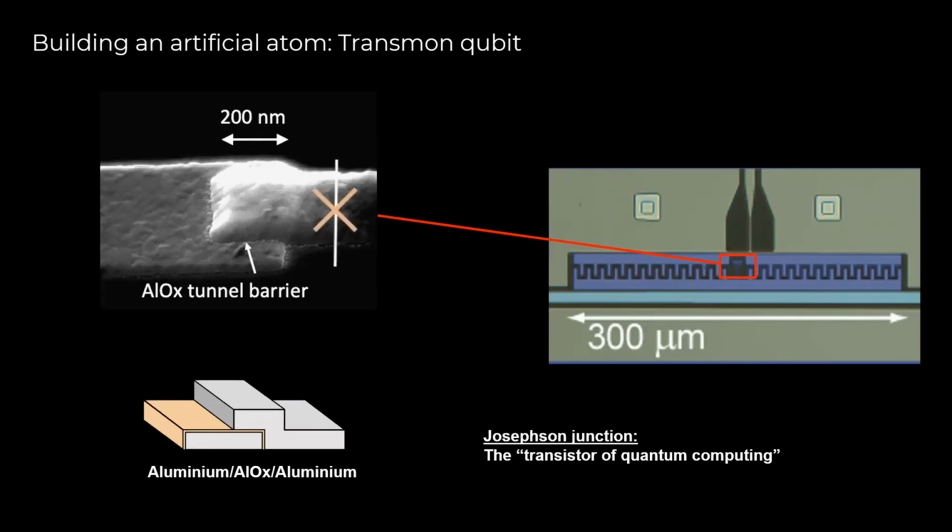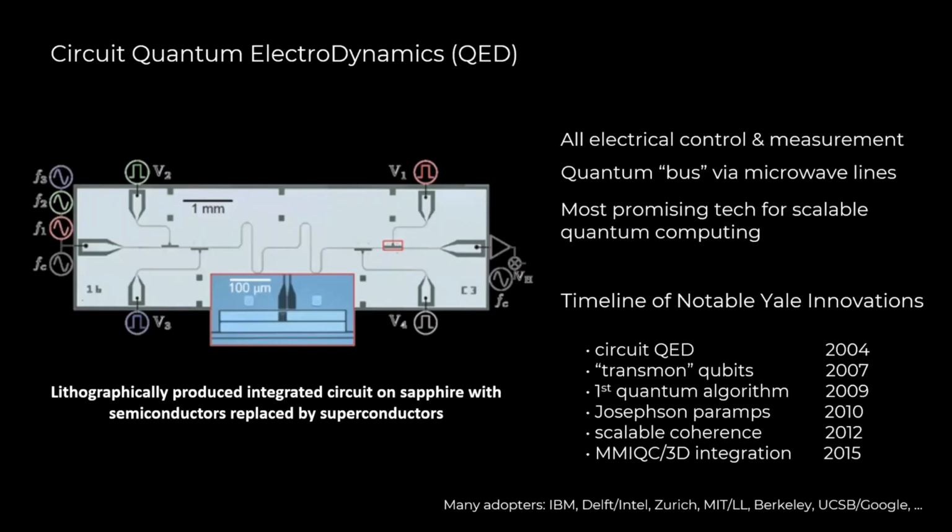So yeah, in practice, we create these very elaborate circuit QEDs. It's basically an all-electric control and measurement chip that you can use in your computers. You use microwave lines to control the whole system. On that chip, you can see that the transmon is in 4 spots on the chip.